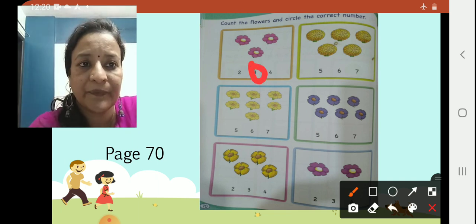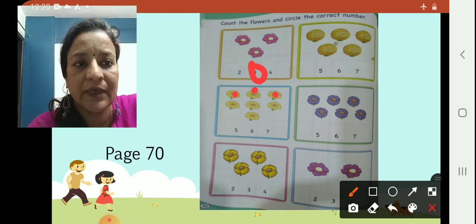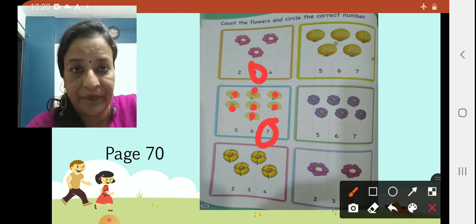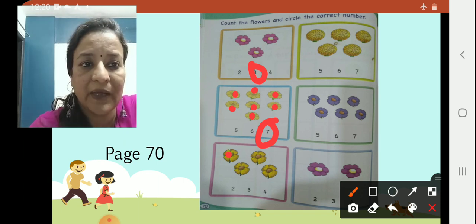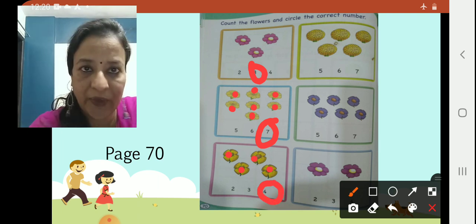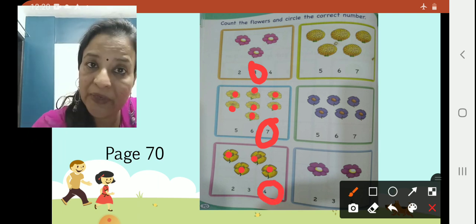Next, count how many flowers? 1, 2, 3, 4, 5, 6 and 7. So we are going to circle 7. Okay. Next, how many flowers here? 1, 2, 3 and 4. So we are going to circle here 4. Okay. Now we are going to do the rest.